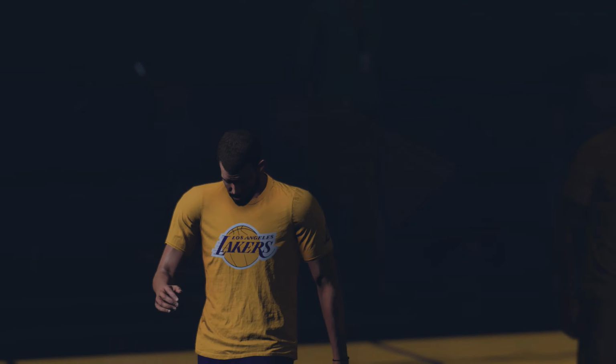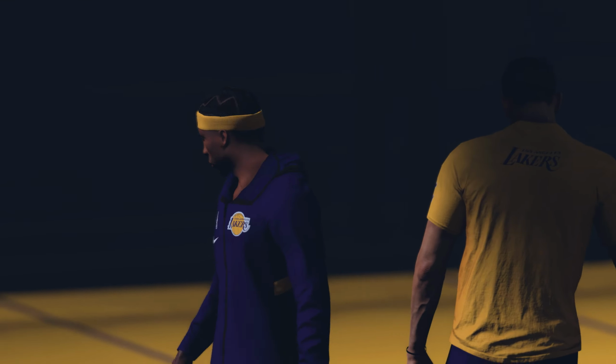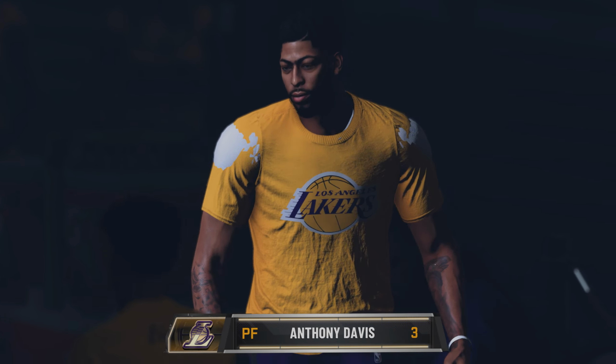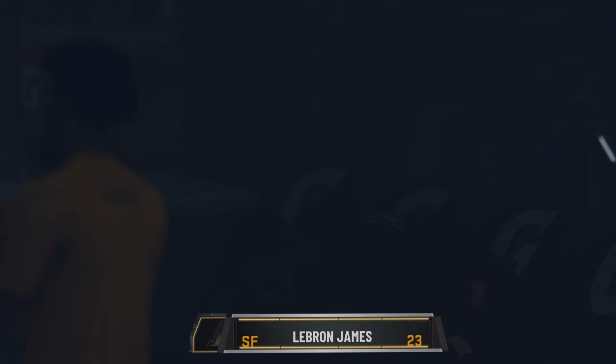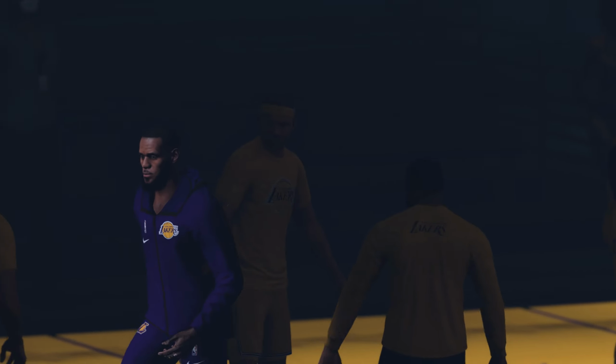At center, Montrezl. At shooting, Davis Caldwell. At the other guard position, at power forward, Dennis Quintan. Number 3, Anthony Davis. At the other guard position, Dennis Quintan. Number 23,